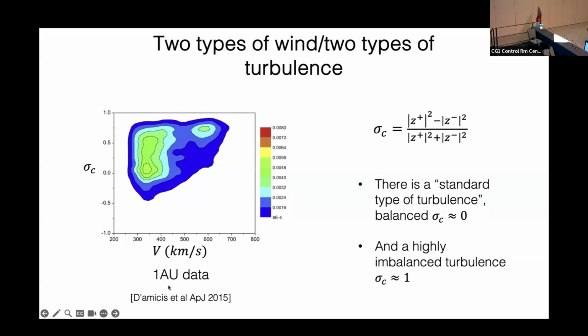Sorry, what? For the magnetic helicity, sigma m, do we get a similar division? I don't know. Well, there is sigma r, the residual energy, so the imbalance of kinetic and magnetic energy, okay? So in principle, if you're very Alfvénic, sigma r should be 0, because magnetic energy and kinetic energy are exactly balanced by definition, right? And instead it's magnetically dominated when you have nearly zero cross-helicity. Is that what you're referring to, maybe?